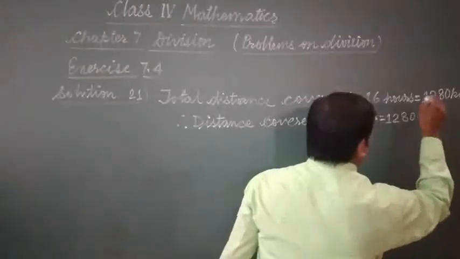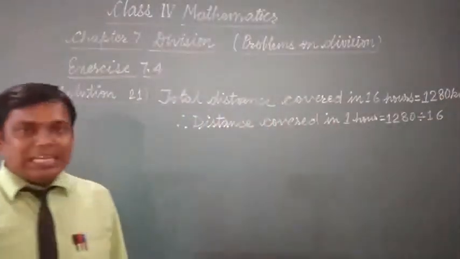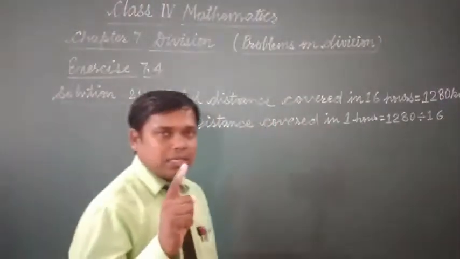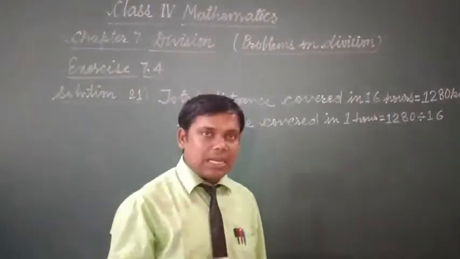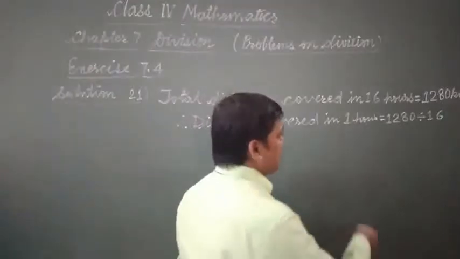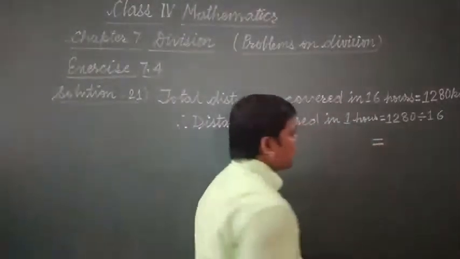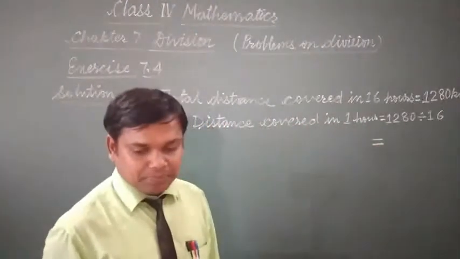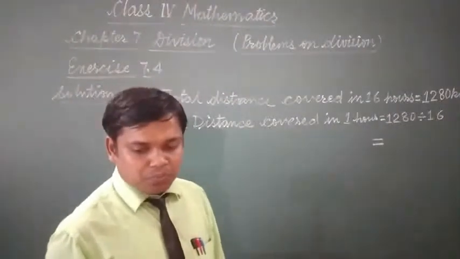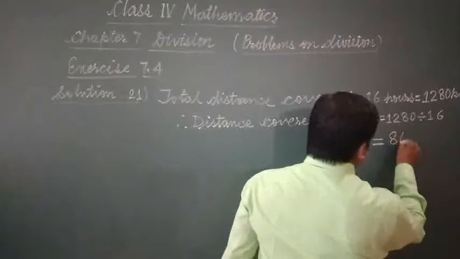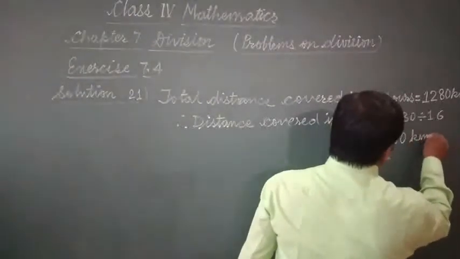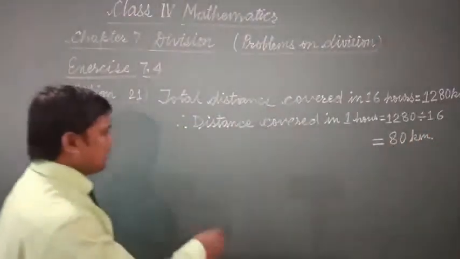So when you divide this, you will get the distance covered by car in 1 hour, and it will come after division 80 kilometers. So at last you write thus